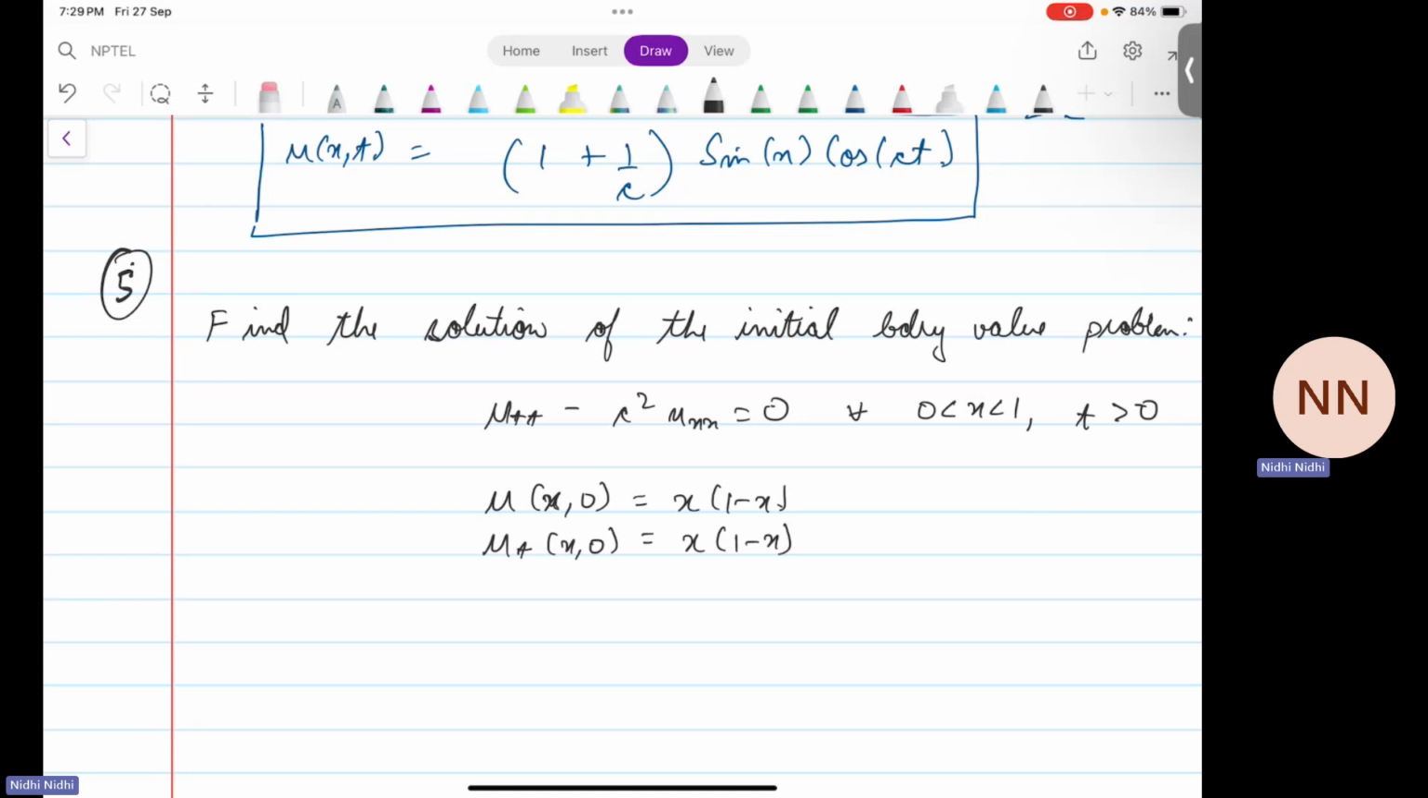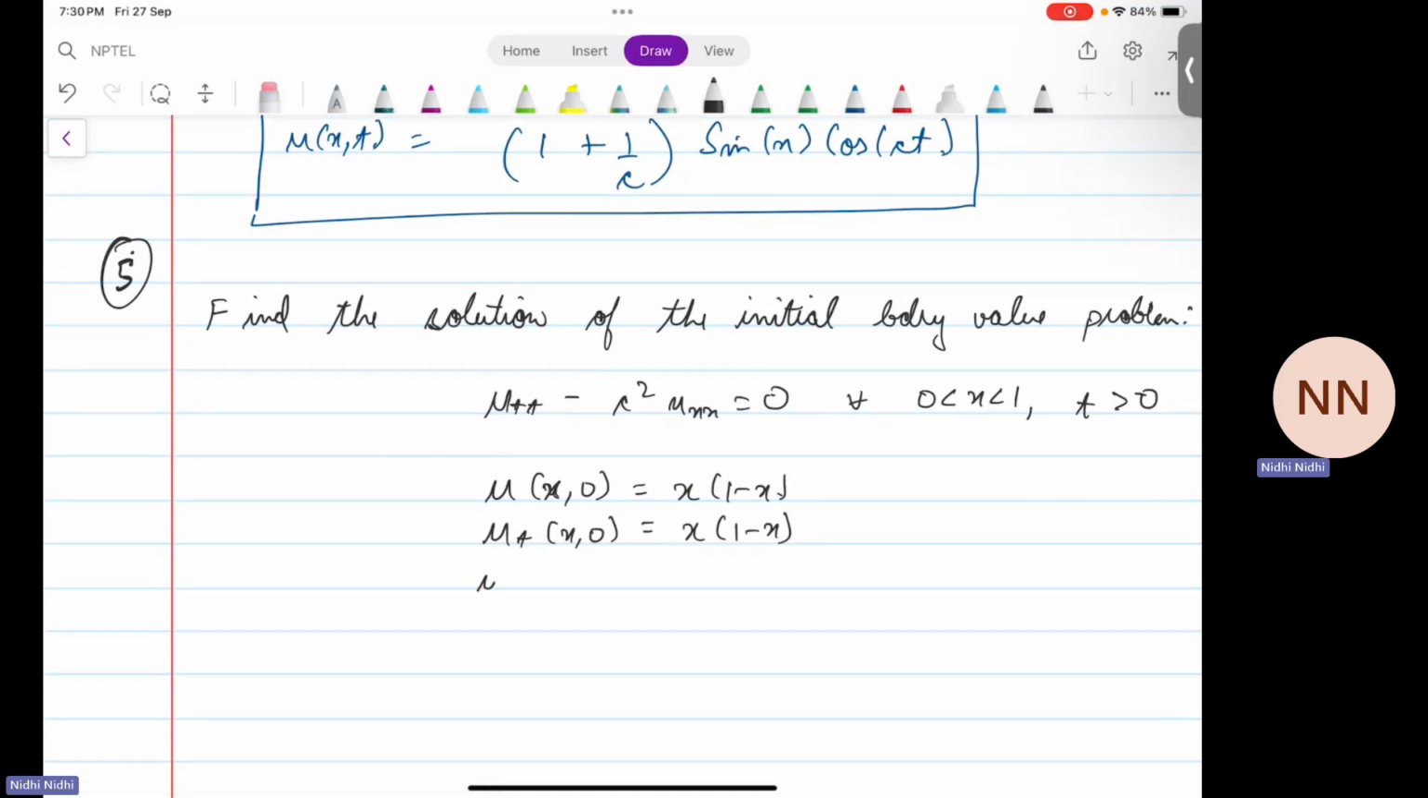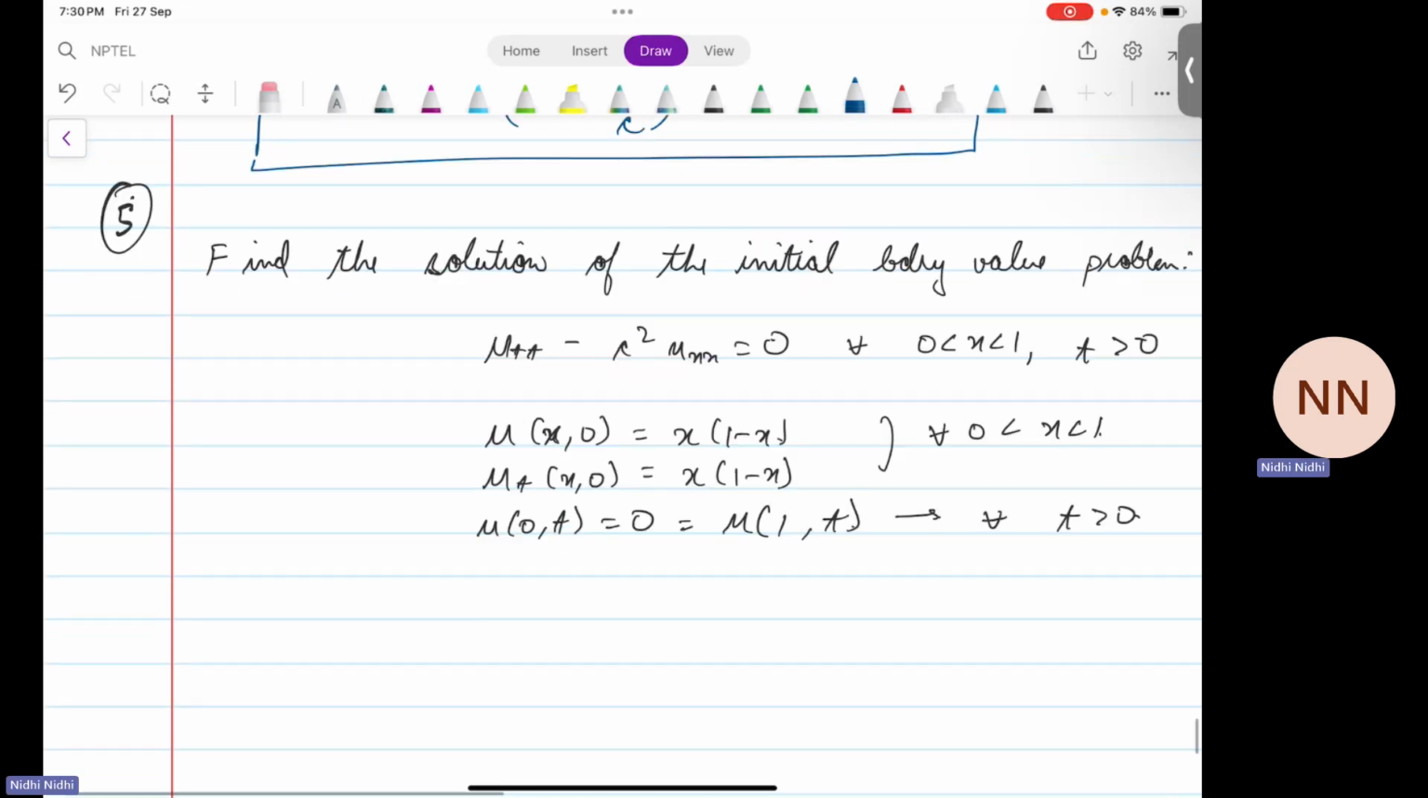We have some displacement, as well as the string is not at its position of equilibrium. And yes, the string is tied on both the ends, so we still have this condition. This is for all 0 less than x less than 1, and this is for all t positive. So now I would like you to